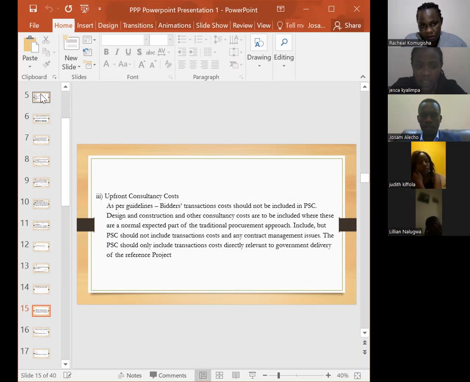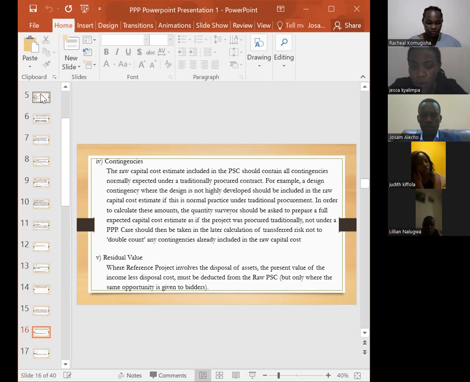The other element that should be considered is other contingencies. It is important that the raw capital cost estimate included in the PSC should contain all contingencies normally expected under a traditional procurement contract. The other element is maintenance costs. When estimating maintenance costs, one should consider the whole life cost of maintaining the asset to the same standards required from the private operator in case it was to be done